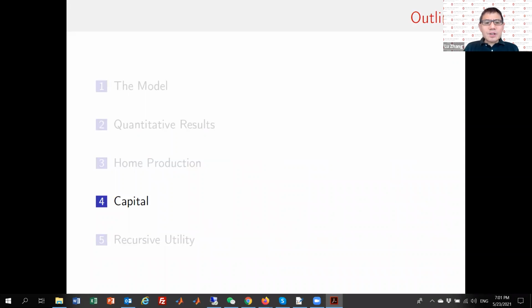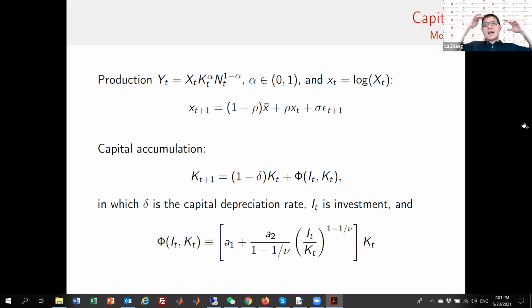In the second extension, we incorporate capital, as capital is fairly standard in business cycle modeling, and we use Cobb-Douglas. And X, instead of labor productivity, is now total factor productivity, and we're going to rescale X bar such that the marginal product of labor is around 1 in simulations in the stochastic steady state. This way, we retain the nice economic interpretation for labor market parameters. For example, 0.85 for B literally means 0.85.